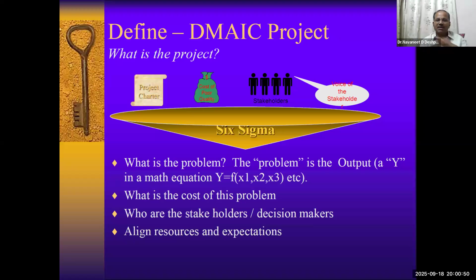Sometimes it could be sales and marketing who are good at it in some years, and in some years the doctors are very good. We cannot say which department is more promising in delivering qualitative services. So who those stakeholders or decision makers are is very important. So align the resources and expectations. Align all these resources vis-a-vis these expectations. Setting the expectations and setting these resources is very critical for people who are handling all these